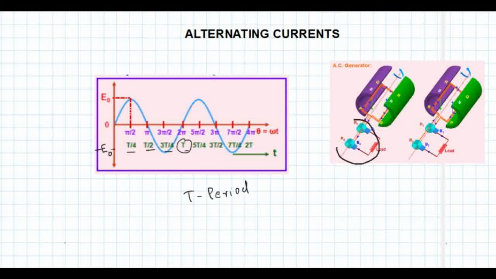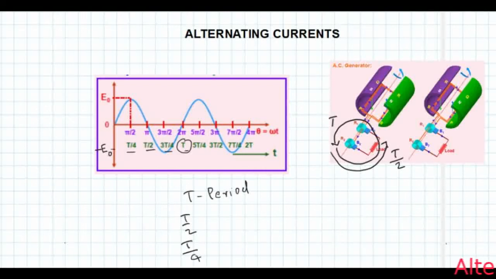So this is the one complete rotation, right? So the time required for this full rotation is called what? Period. So this is the one full rotation or 360 degree, right? Then what is T by 2? T by 2 will be what? Half rotation. So this is T by 2, right? And T by 2 corresponds to what? T by 2 corresponds to pi or 180 degree.